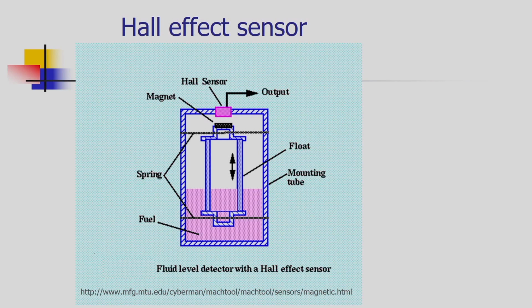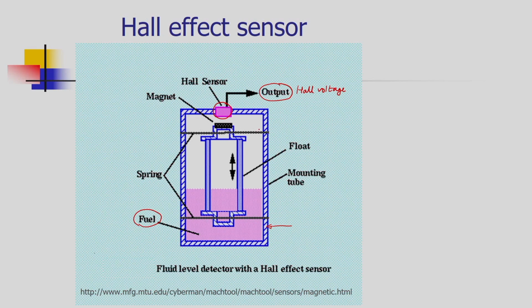So how can we use the Hall effect sensor for controlling or monitoring fuel, that is a petroleum product? A typical arrangement is shown on your screen. It has a container. Inside this container the fuel is stored and we need to continuously monitor the level of the fluid. This is a closed container and at the top of the container we have the Hall sensor mounted. There is a continuous passage of current inside the Hall sensor and we are monitoring the Hall voltage. The output is the Hall voltage.